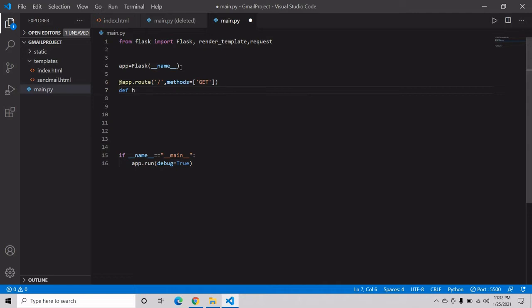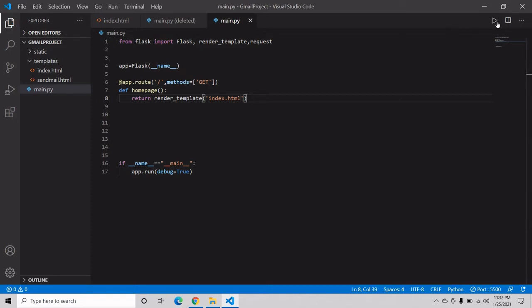I am creating my function named homepage. Now it should return render_template. Render template simply means we are going to return our HTML file over here in my home page. So index.html. So if I am going to run it,